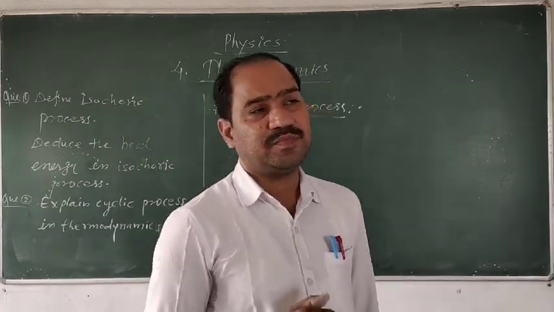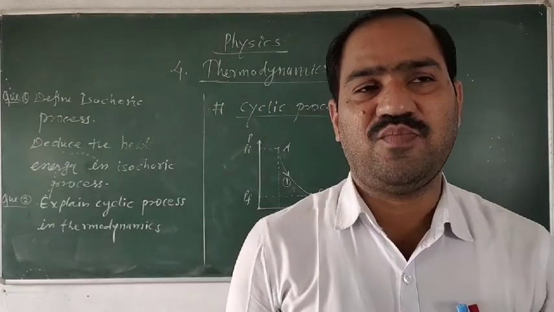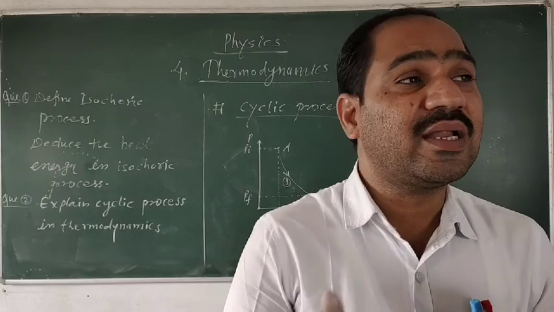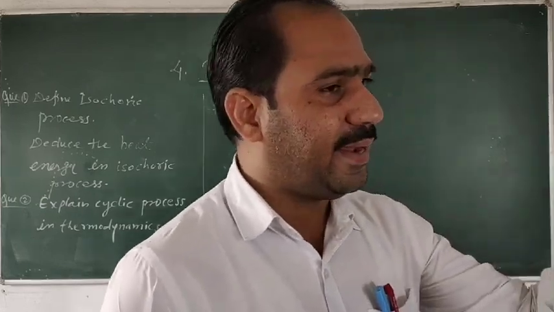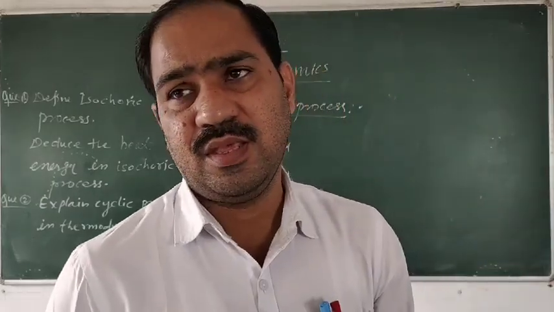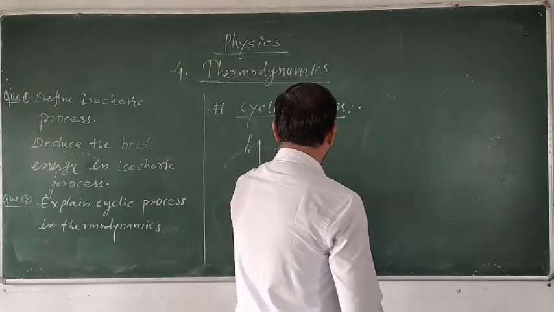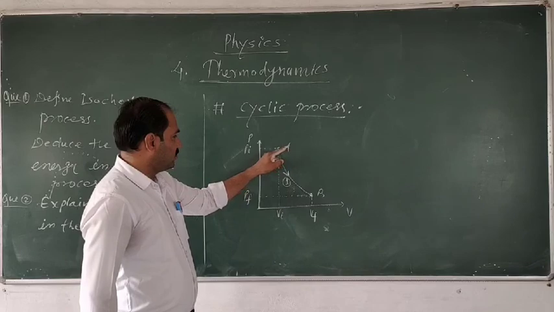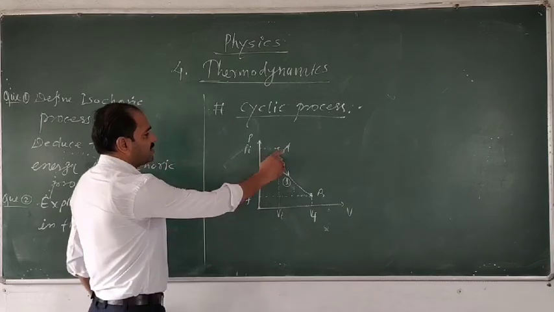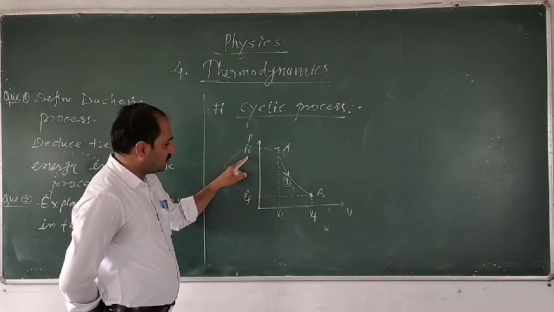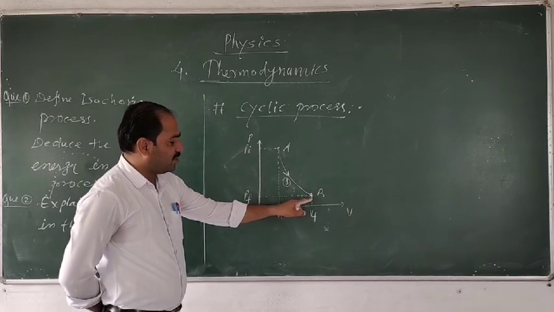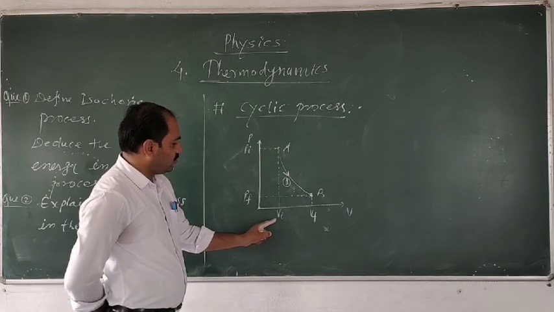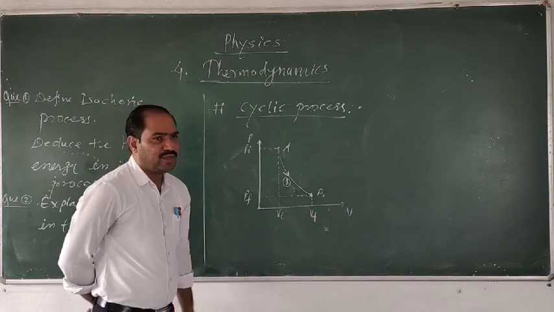Here, A is the initial point, or the initial state, and the system goes under change from its initial state A to the final state B, by the path A to B denoted by 1. At the initial point A, Pi is the initial pressure, Pf is the final pressure. At point A, Vi is the initial volume, Vf is the final volume.